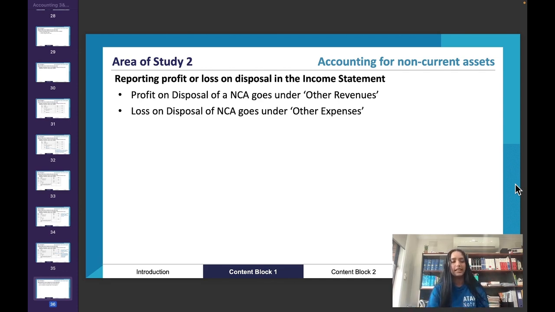So expenses that are incurred to get inventory into a condition and location ready for sale go under cost of goods sold. So those are expenses that happen in order to get inventory ready for sale. So either get inventory into a condition ready for sale or into a location ready for sale. And that is what goes under cost of goods sold.